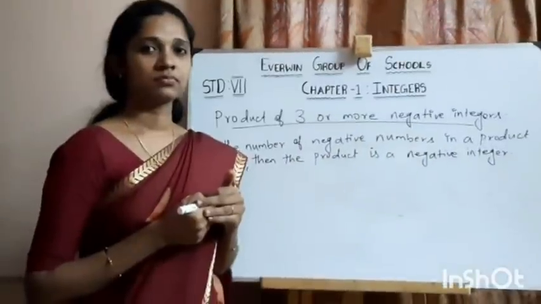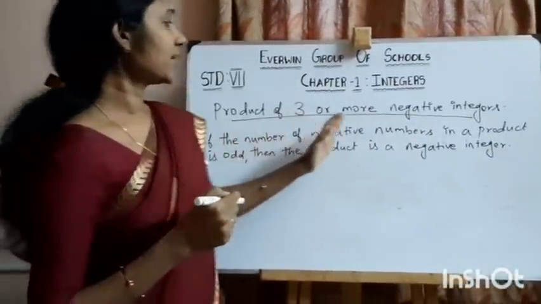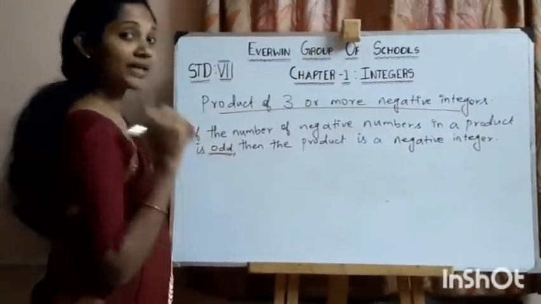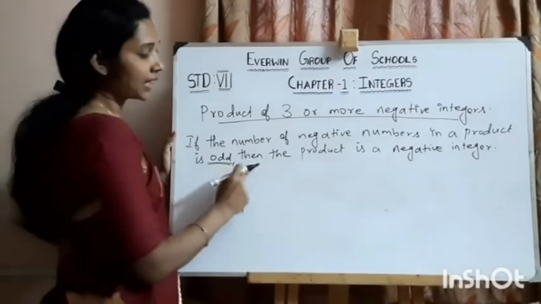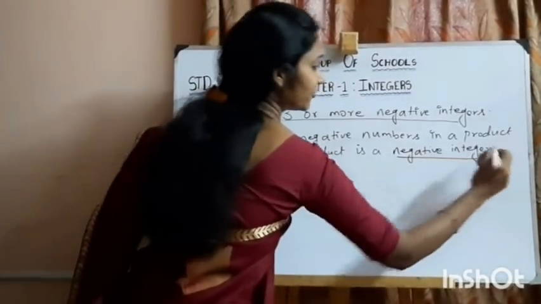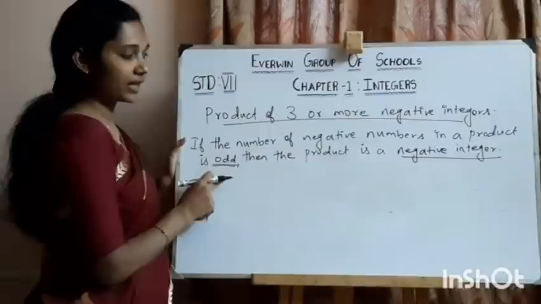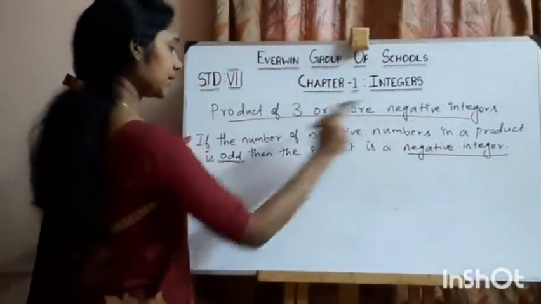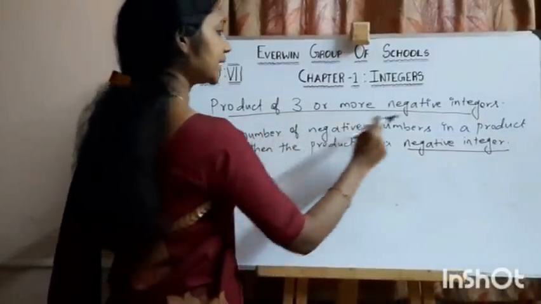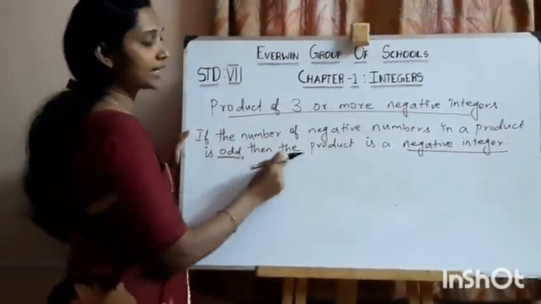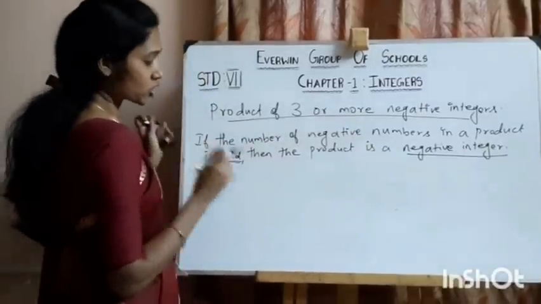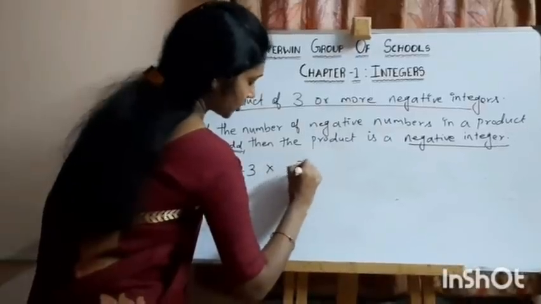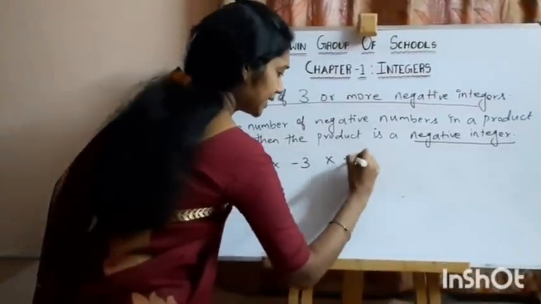Okay. Now, if the number of negative numbers in a product is odd, previously we learnt about even, now it is odd, then the product is a negative integer. So when it is even, the product will be a positive integer. In this case, if the number of negative numbers in a product is odd, then the product is a negative integer. So consider an example: minus 3 into minus 3 into